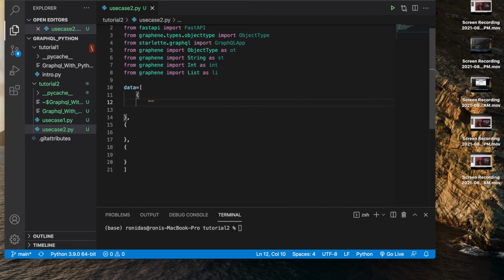I'm going to create a student record, so maybe name Ronnie, and after that city, all small, maybe it is going to be Cologne.